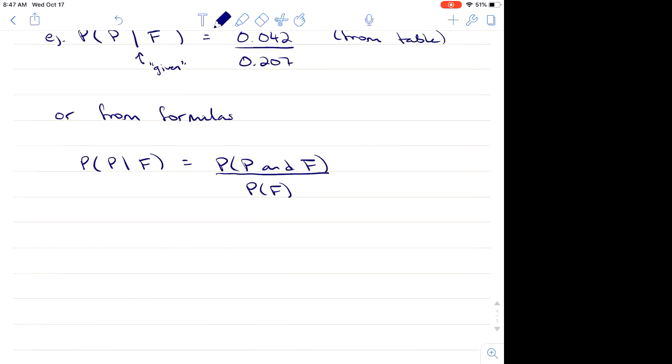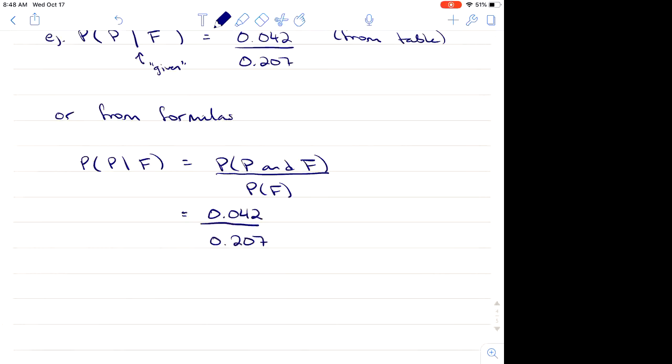So we're just kind of narrowing down the population a little bit, right? So that's the difference. But now that we have this formula, if we look, well, the probability of P and F, that's the 0.042. And the overall probability of F is 0.207. So you get to the same place,